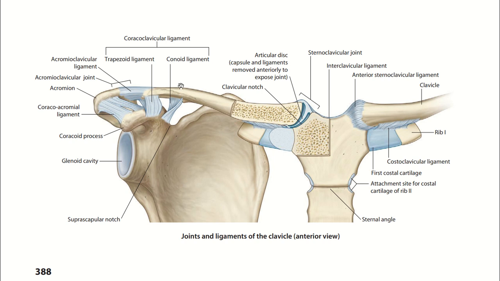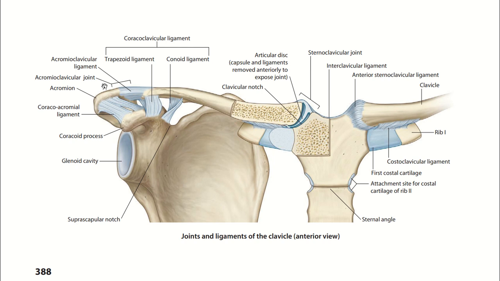This happens when there is a severe blow on the point of the shoulder, causing the clavicle to move superiorly, or to elevate upward over your acromion, because of the pull of the sternocleidomastoid on the clavicle. So the clavicle's end is going to move upward and sit on the acromion. So this can actually be seen